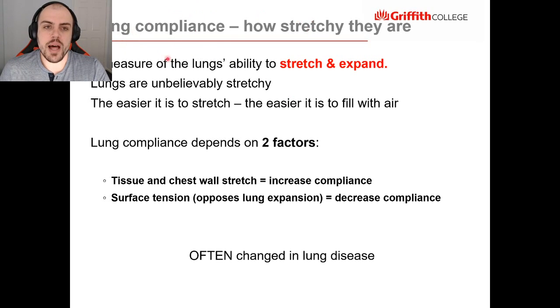So, lung compliance. What is lung compliance? It is essentially how stretchy and durable your lungs are. This is a measure of our lungs' ability to expand out and to get air in. This is why people who have emphysema have a lot of difficulty breathing, primarily because their lungs are